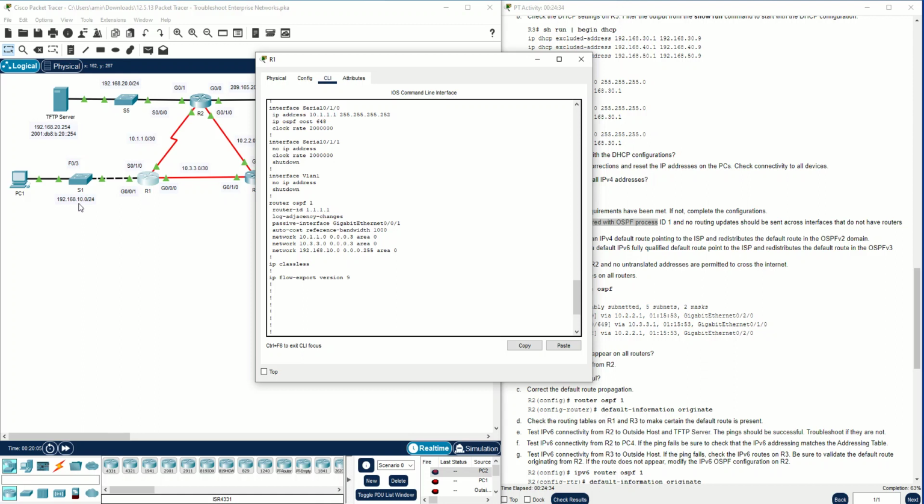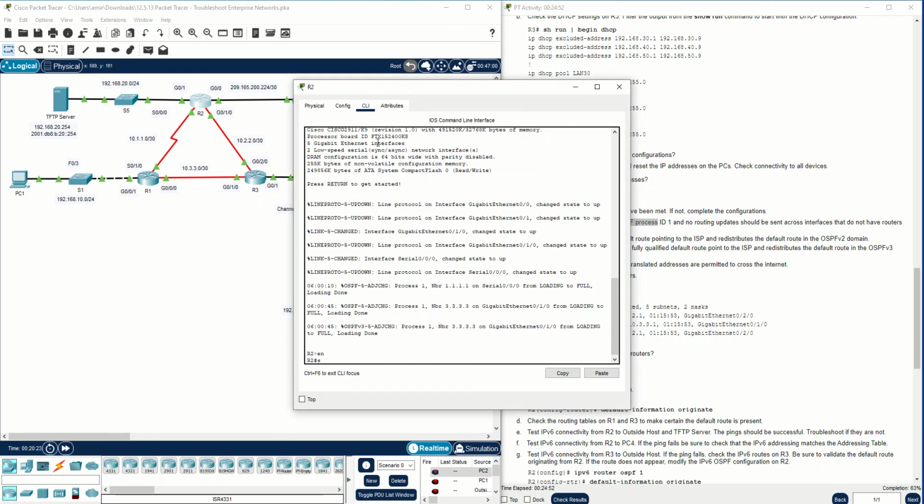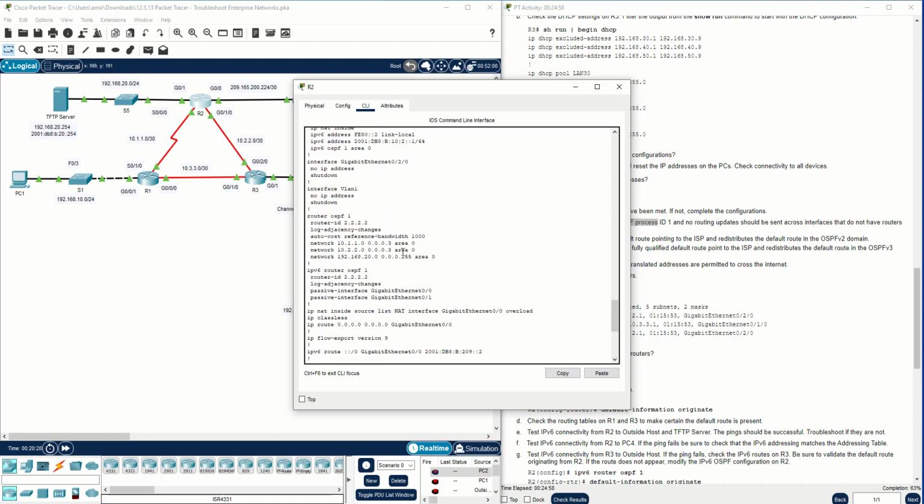And this is network address that connected directly to R1. Other network connected, and also other network connect here, and also this is wildcard mask, and all of them is area 0. And it's same also, for example, here enable show run. You can see here router OSPF. This is also for version 6. This is router OSPF 1, router ID, and also auto-cost and